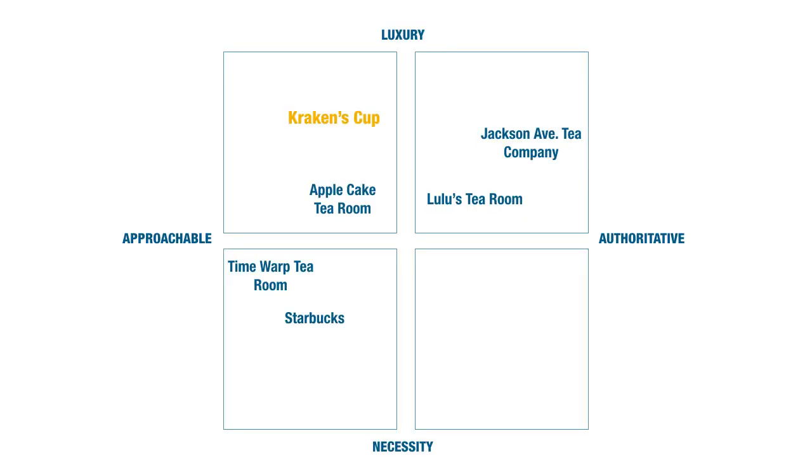And then we can take that and go over to the brand positioning and say, okay, if we take those axes, and in this case we're going to take the approachable and the authoritative and the necessity or the luxury, and I'm going to plot all of the other competition that we saw along those axes. So you're looking at top, bottom, left, right, and depending on what quadrant they're in, one would be authoritative luxury, one would be a necessary authority. You just kind of combine the top words and say, okay, is it this? So we're looking for approachable luxury, and the